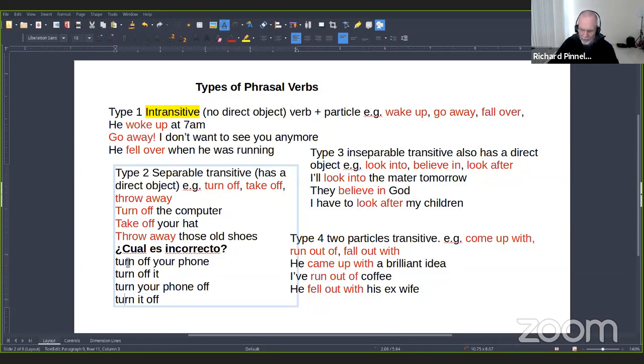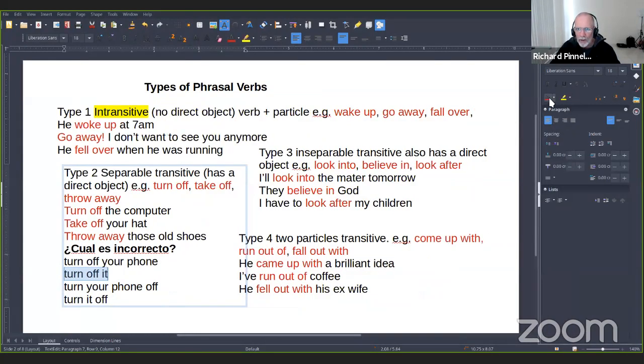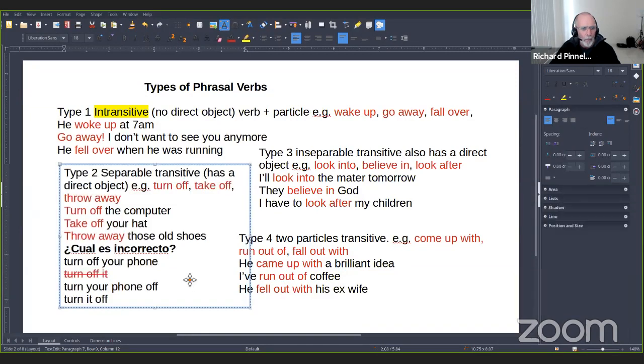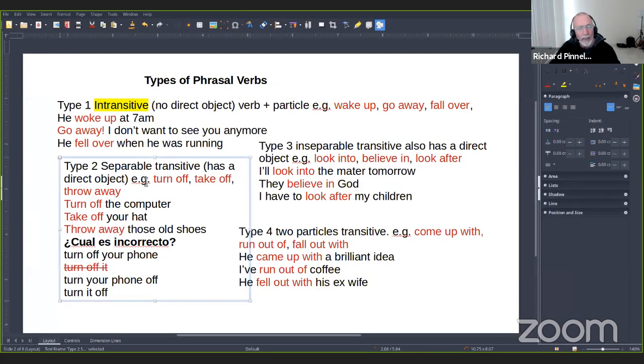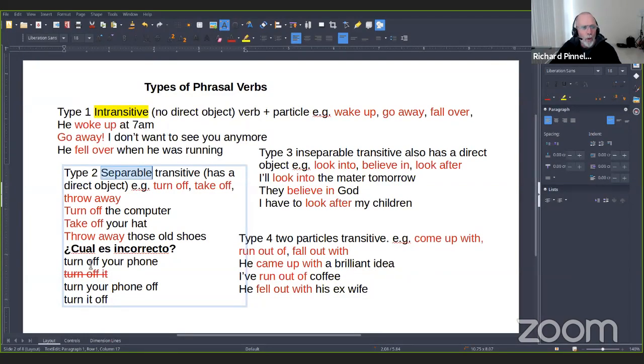Guillaume, I think it is. Guillaume Salah says turn off it is incorrect, and you are correct because that one is wrong. When we have this type of phrasal verb, the separable phrasal verbs, and we have the object, your phone, as a noun or noun phrase, we can put it after the phrasal verb.